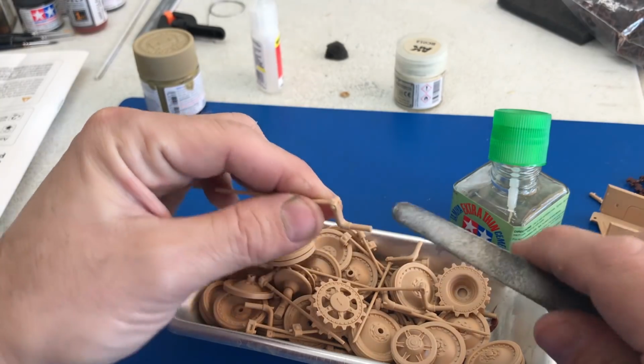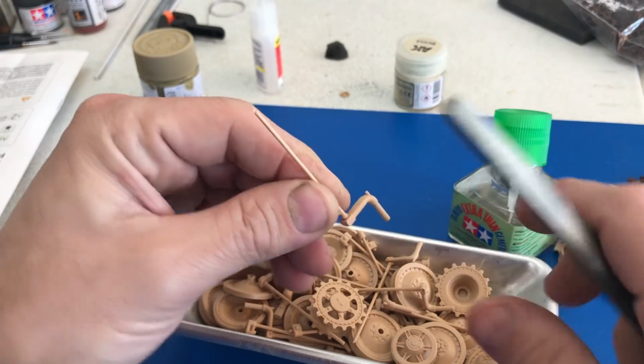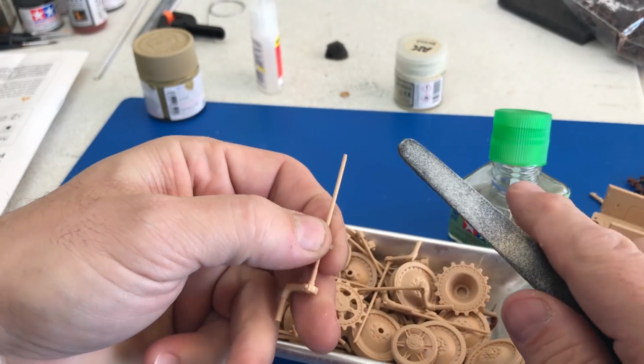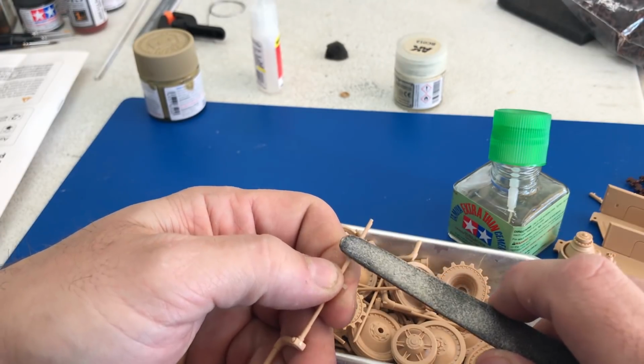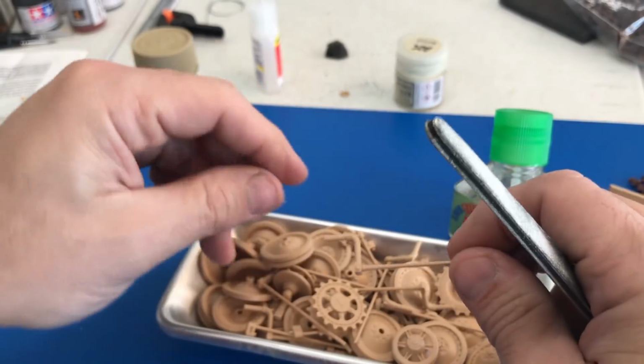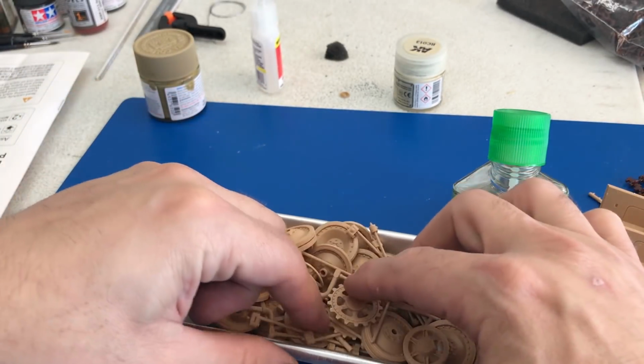And as the torsion bars go, like you can see, I started to do some of these. There's a little part right here that needs to be sanded, as well as this end piece right here. And then this one also has it. There's a tiny little burr right there on the long part, so we just sand that off. So not too bad, but there are quite a few of these torsion bars, plus the other side of the